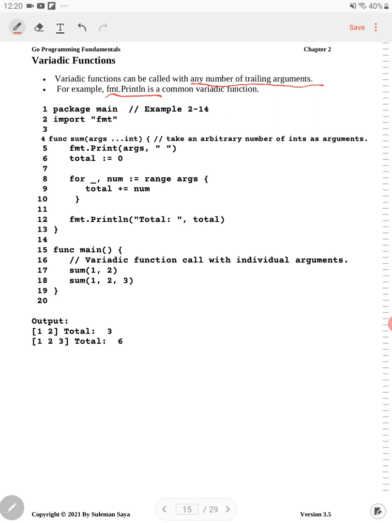And in the library, there are many other places that variadic functions are used, the ones that allow you to have an unknown number of parameters that need to be passed. So in this